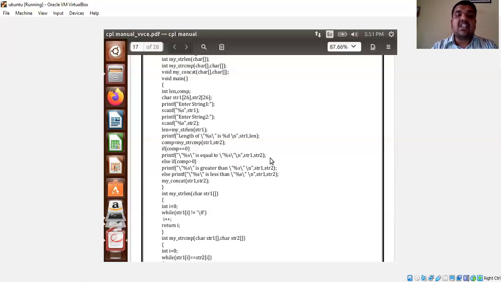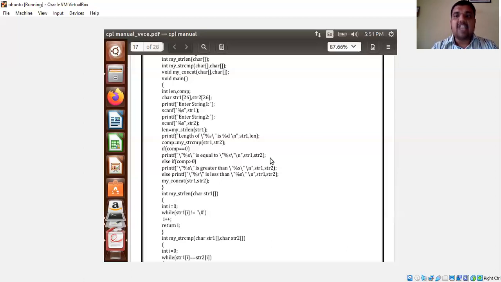That means string 1 is greater than string 2. Otherwise, string 1 is less than string 2. How exactly it works, we are already familiar with. By taking into consideration the ASCII value of each and every character of both strings, we perform the compare operation. Correct, right? Suppose I have taken string 1 as thick and string 2 as thin. So how exactly is it going to work?